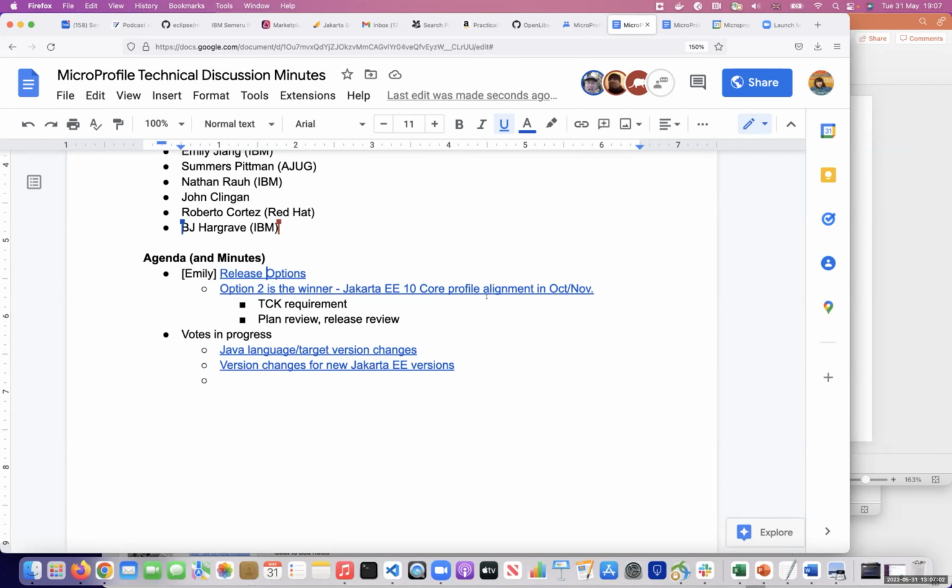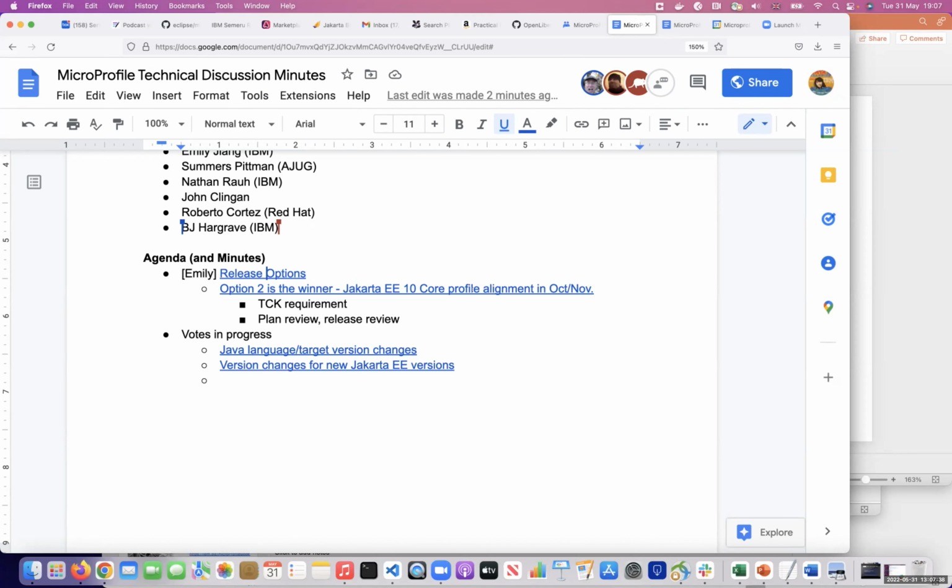So now we know at least in October, November we are going to align with the Jakarta EE 10 core profile. In the past, like the MicroProfile 4.1 and 5 releases until now, in our TCK we didn't require any Jakarta EE TCK compliance.